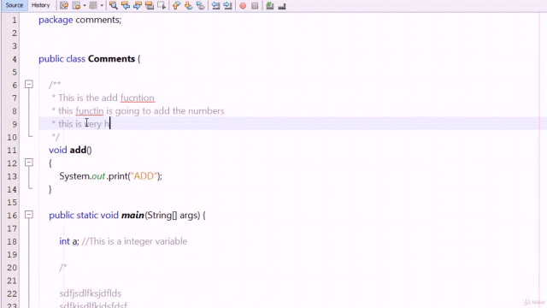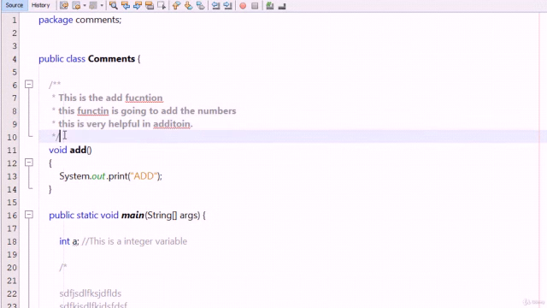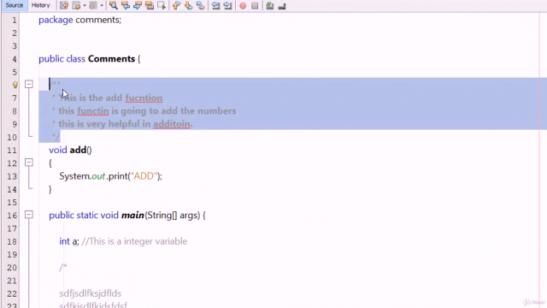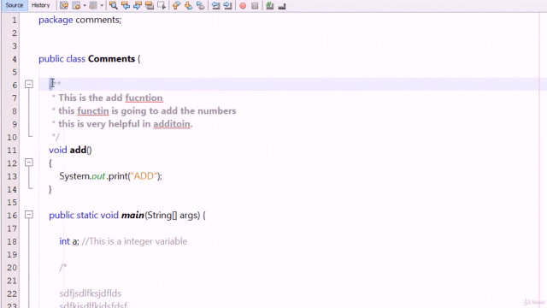This is very helpful in documentation like that. This is the documentation style comment. You type / then double asterisks, then before each line you type one asterisk. This is also a type of comment, and at the end you have to close it by using the asterisk